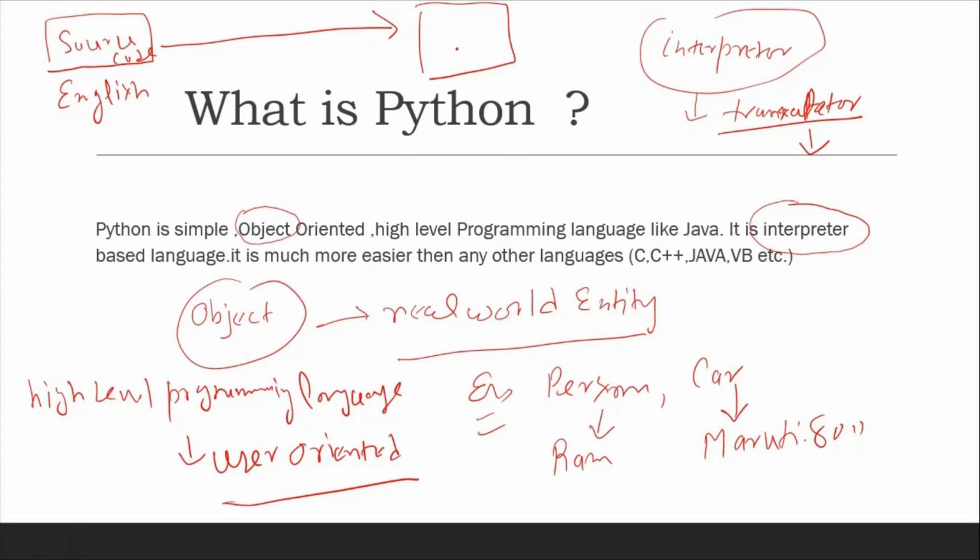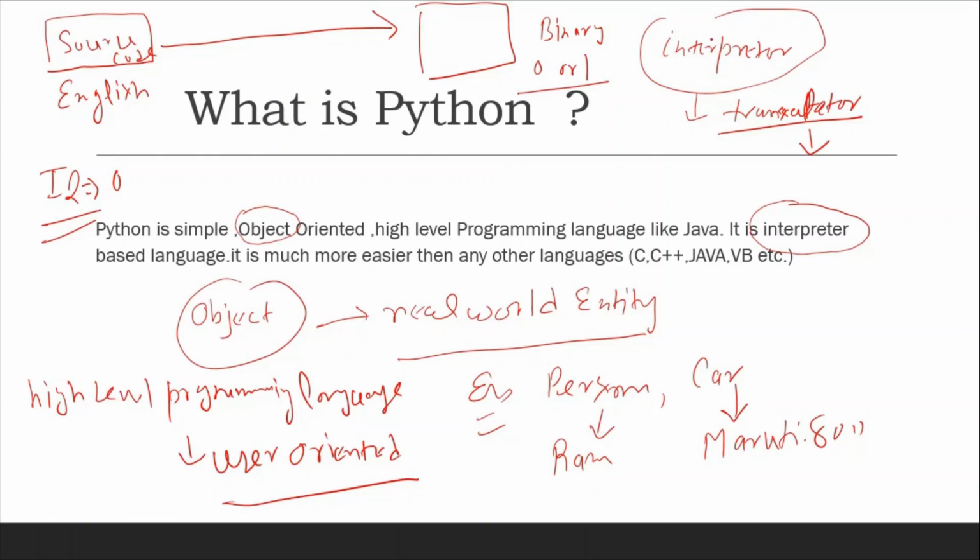The computer understands only binary language, that is 0 or 1. This is the computer language. One important thing also: the IQ of a computer is 0. It means a computer can't decide anything by itself. Whatever we feed into it, it works on the basis of that.